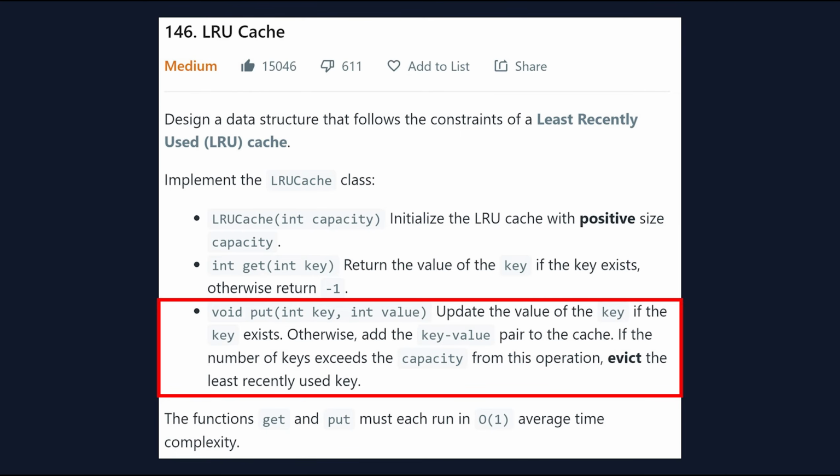However, the least recently used functionality comes into play here, because if we are already at max capacity when we try to add a new key, we want to replace whichever key has been used least recently. A key is considered to be used when either get or put is called on it. So, we need a way to keep track of what the least recently used key is, and that's the trick